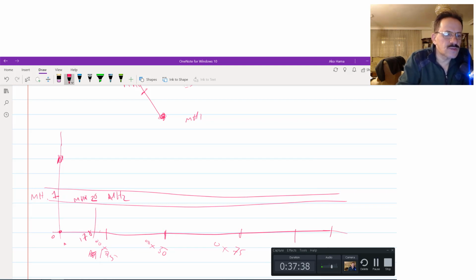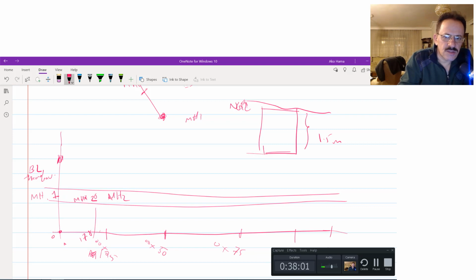Now I have to mention the bed level. This is for the bed level. What does that mean? It means that if this is the natural ground level and this is the manhole, the starting manhole should have at least 1.5 meters. This is the depth of the first manhole. This is called the invert level. So the invert level of this bed level, you have to allocate this one.